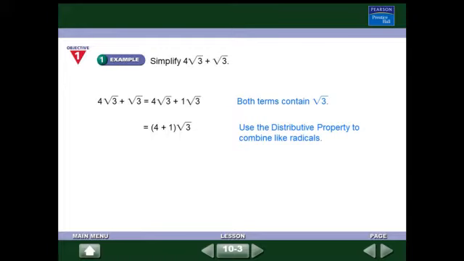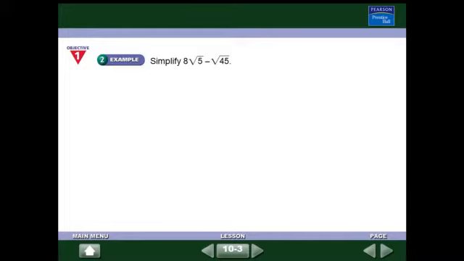Use the distributive property to combine like radicals. Add the coefficients 4 plus 1, then copy the radical expression square root of 3, and then simplify. 4 plus 1, that is 5 square root of 3. Second example: